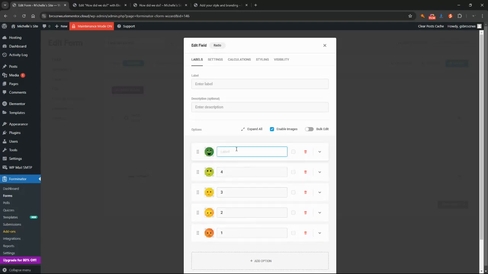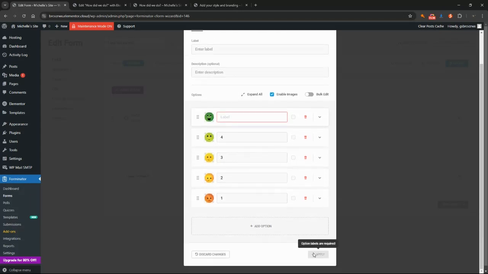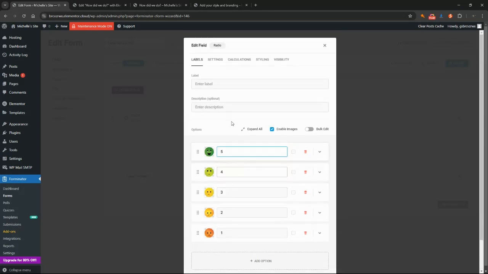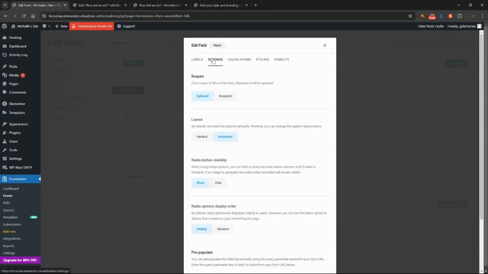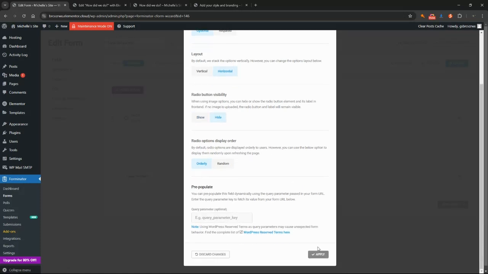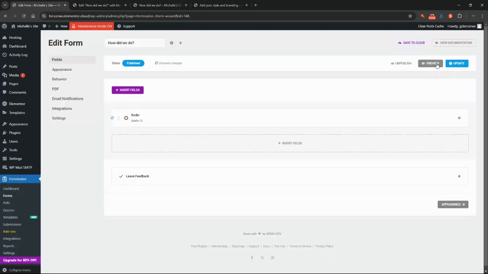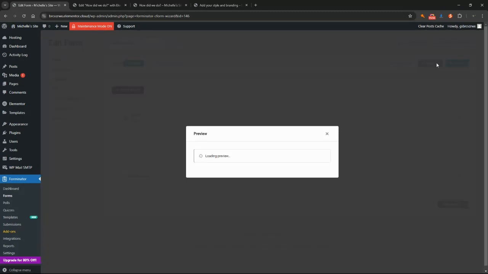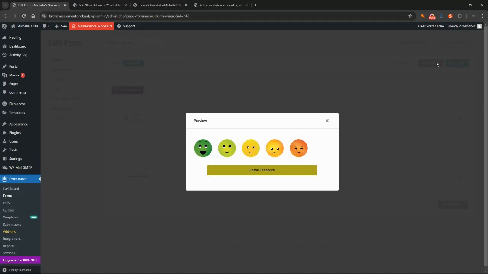You do actually have to have something entered in there. If I delete the number 5, it won't allow me to save that change because it wants there to be a label in there. So we leave that as the number 5, come into the settings, and now what we want to do is hide the radio button. So we click on hide, click apply, let's preview it again,